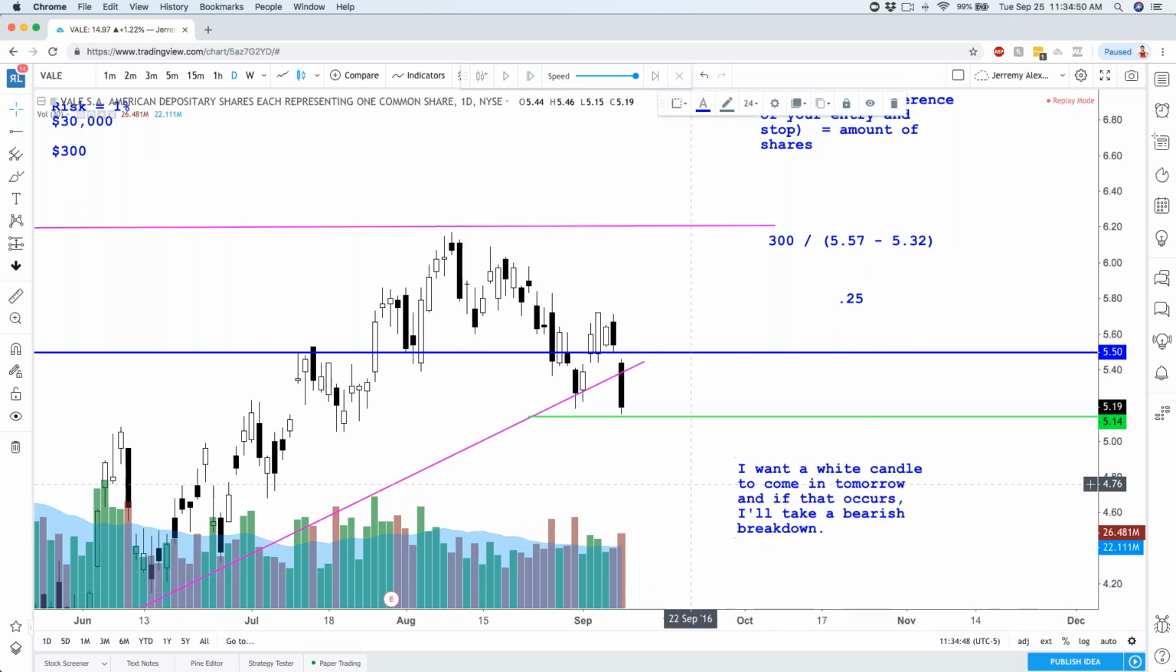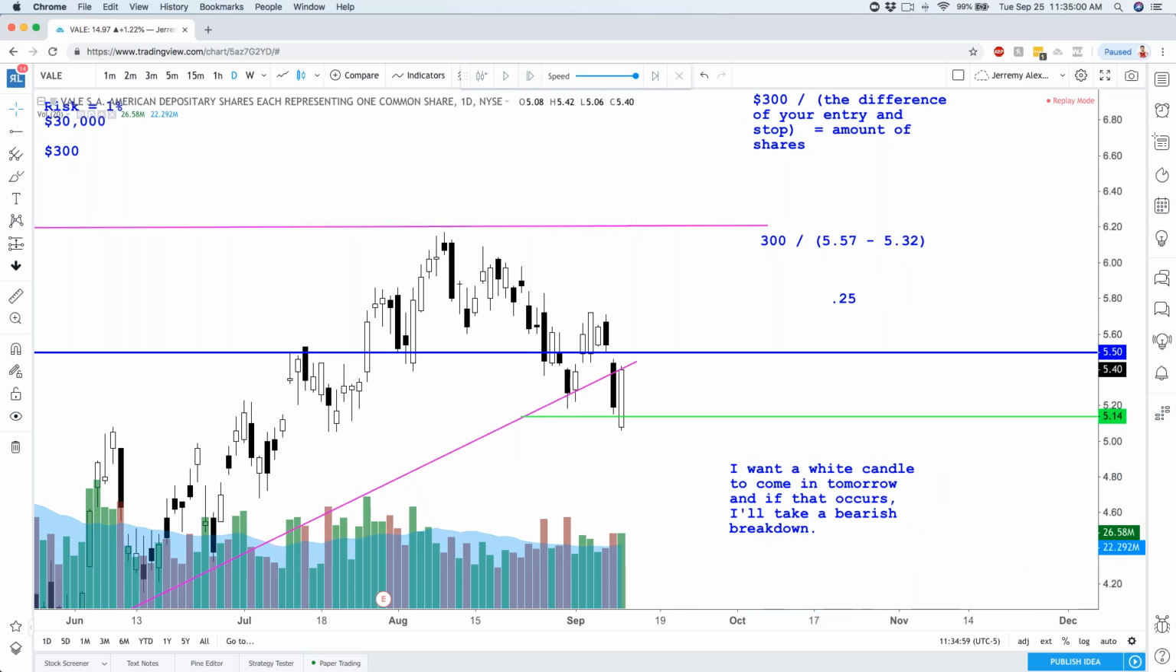Now, what if a white candle doesn't come in? That's okay. We'll come up with what we're going to do then. But if we get a bullish candle tomorrow, I'll be more inclined to take a bearish breakdown. Here we go. Next candle. Nice. Beautiful stuff. So what did this allow us to do? Even though we got stopped out,